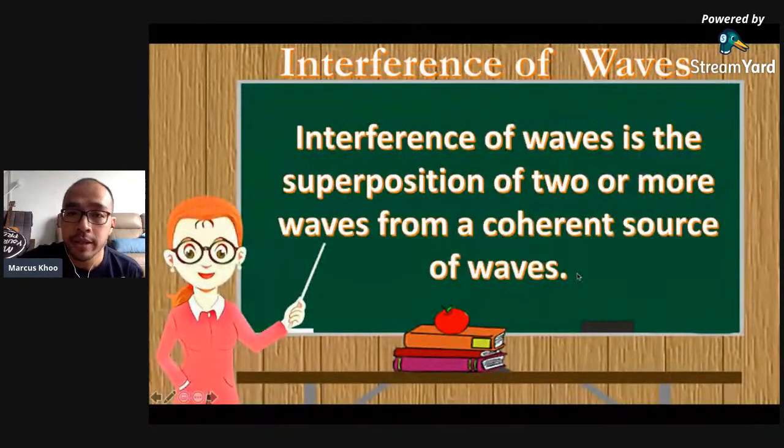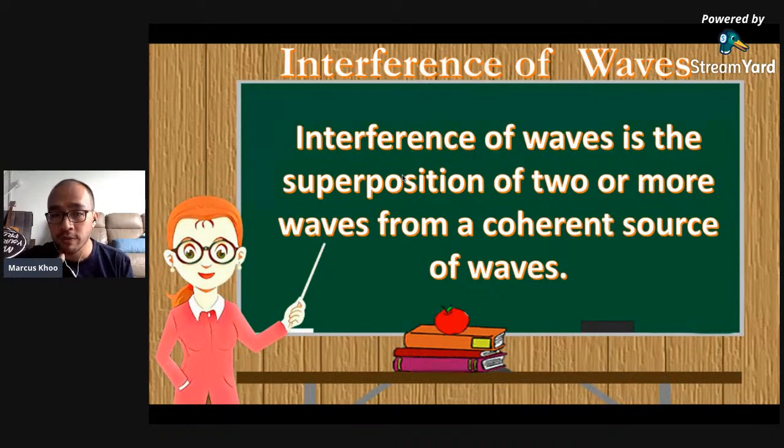So interference is the superposition of two or more waves from a coherent source of waves. Now there are two words in here which I need to explain. One is what is the meaning of superposition. Number two is what is the meaning of coherent. But basically, if you want to talk about it in simpler terms, interference is just the interaction between